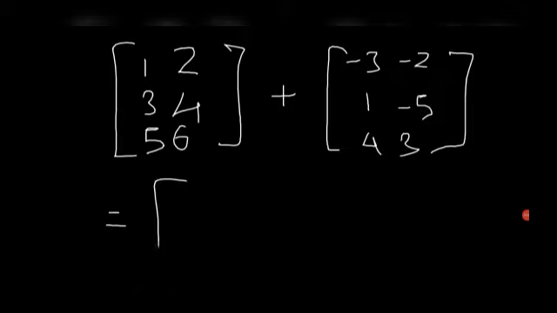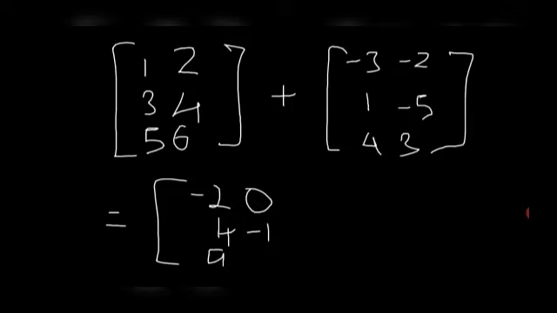So now if you add 1 and minus 3 minus 2, 2 and minus 2, 0, then 3 and 1, 4, 4 and minus 5, minus 1, 5 and 4, 9, 6 and 3, 9. This is my solution. This is D. Answer done. This is basic. Now we talk about a very important thing that is called